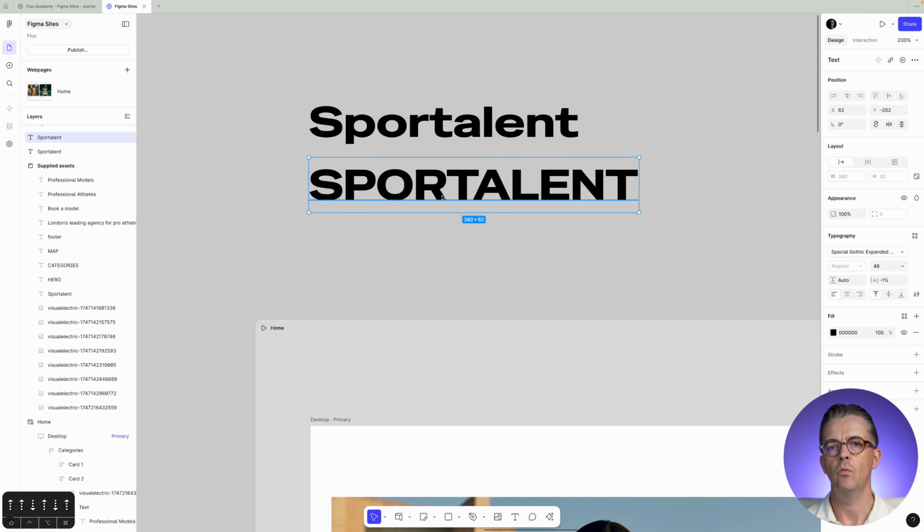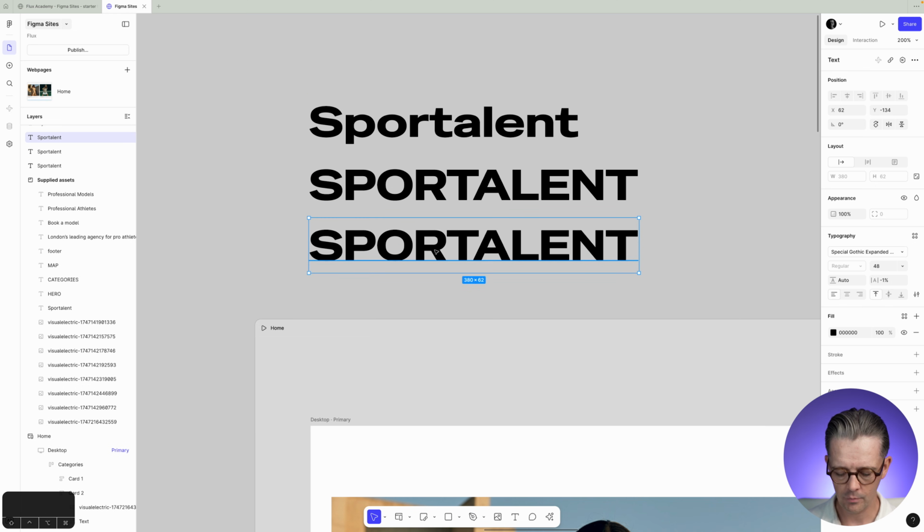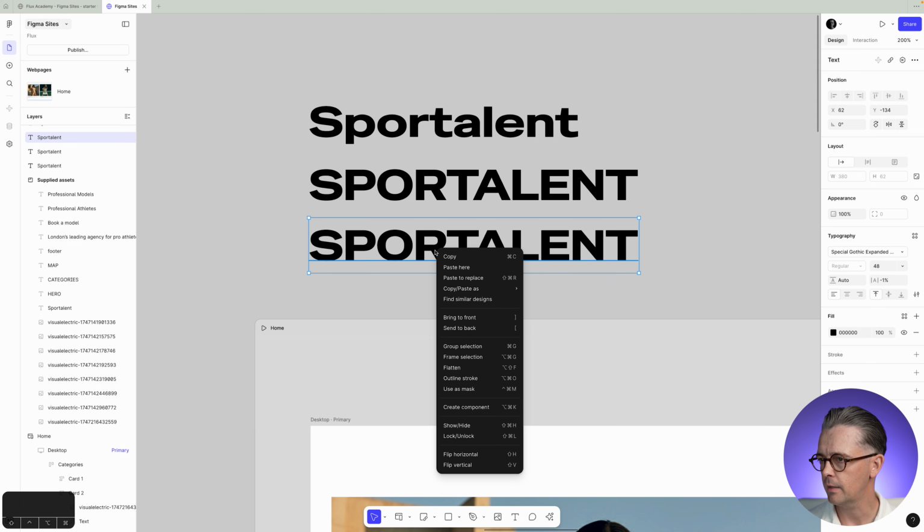Now, in general, with text on the web, we want to keep as much of it as possible in plain text so it can be read by screen readers and it's just more accessible and indexed by search engines. But in this case, with this being a logo and how I might need to manipulate it, and so I can show you this feature as well, I'm going to turn this just into vector shapes. So I'm going to hold down Option, click and drag another copy of this. And then I'm just going to do the shortcut, which I'll actually right click so I can show you. You can use this shortcut here, flatten,